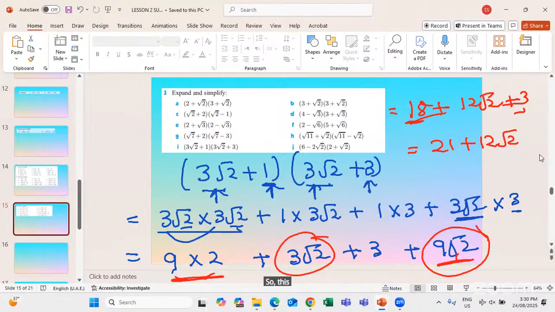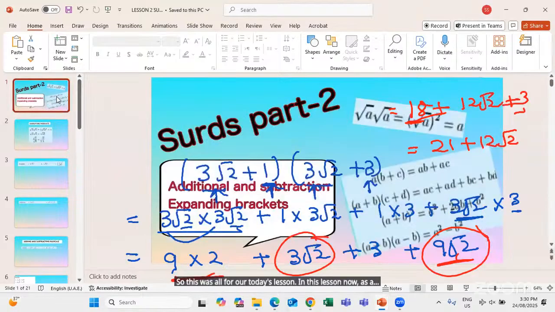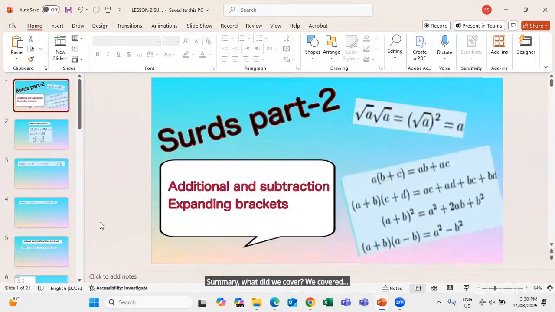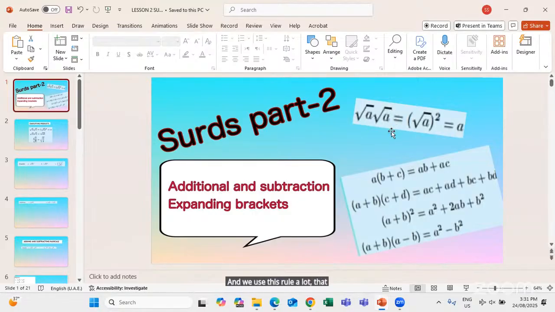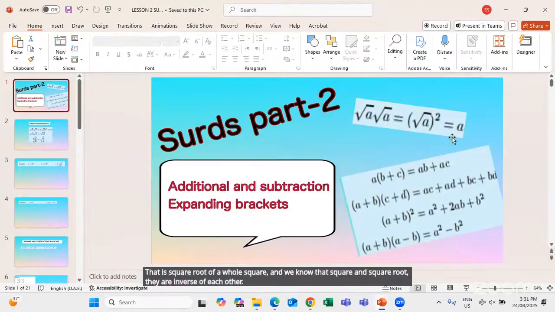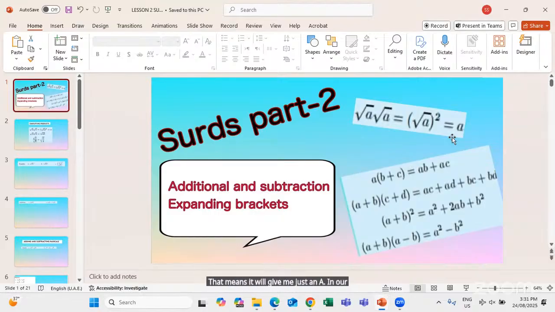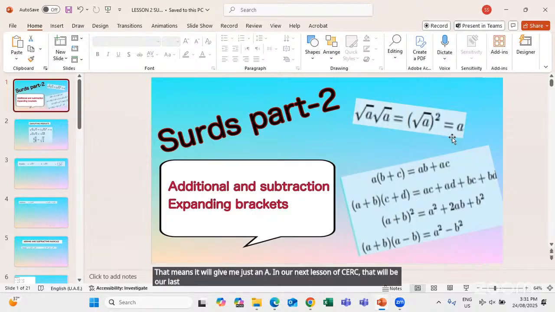So this was all for today's lesson. As a summary, what did we cover? We covered how to add and subtract using surds, how to expand the brackets when they involve surds, and we used this rule a lot: square root of a times square root of a is square root of a squared. And we know that square and square root are inverses of each other, which means it will give just a. In our next lesson on surds, which will be our last lesson on surds, we will be discussing rationalization, a very important